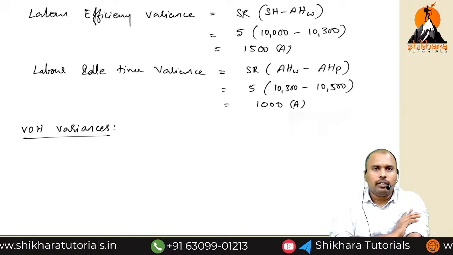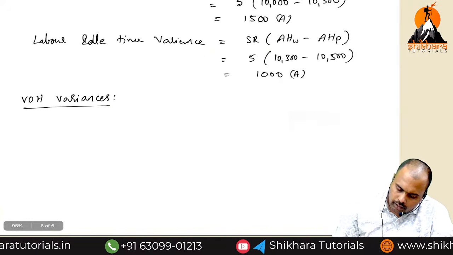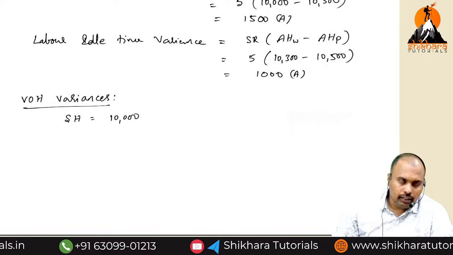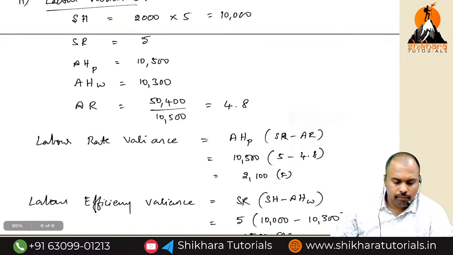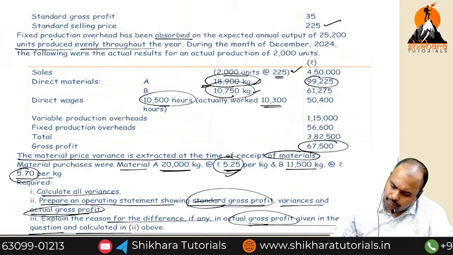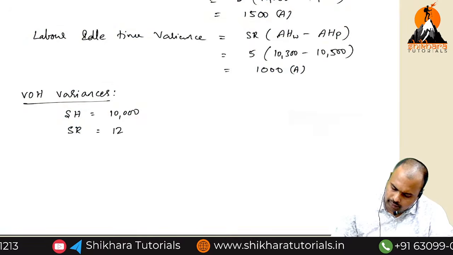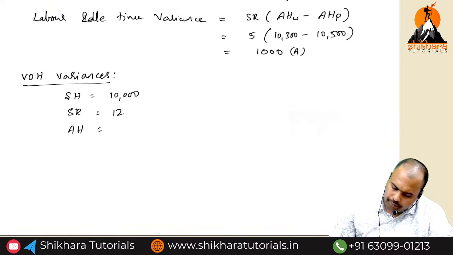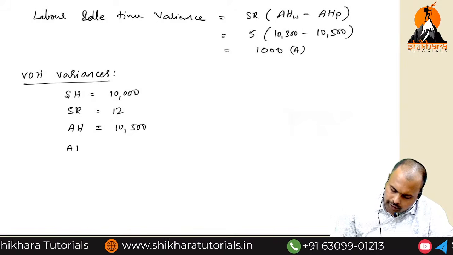Variable overhead variances. Now, standard hours is equal to 10,000. Standard hours will be the same for labor as well as variable overheads, so it has to be the same. What is standard rate? 12. Actual hours, we always have to take actual hours worked, not paid. 10,500, and actual rate is equal to